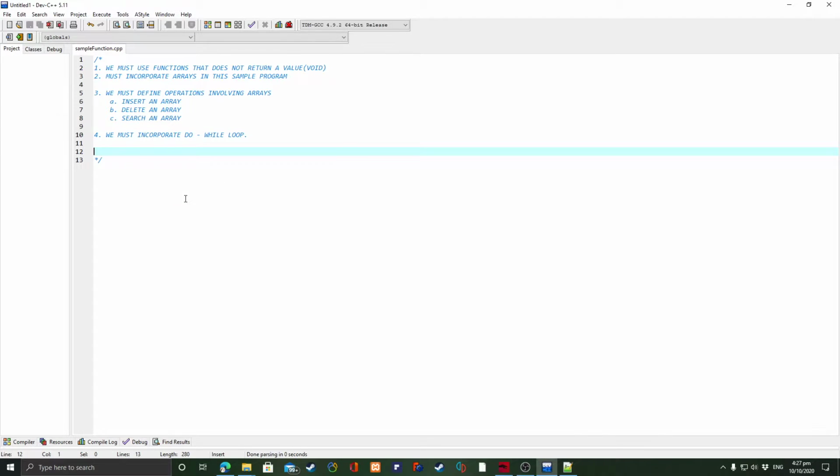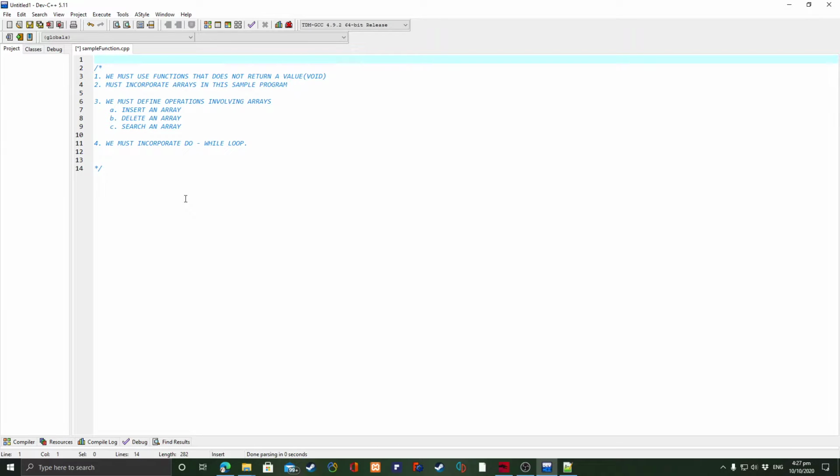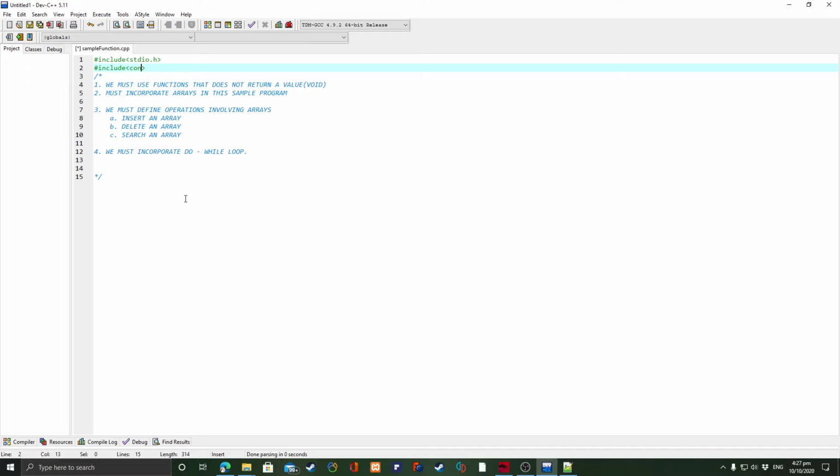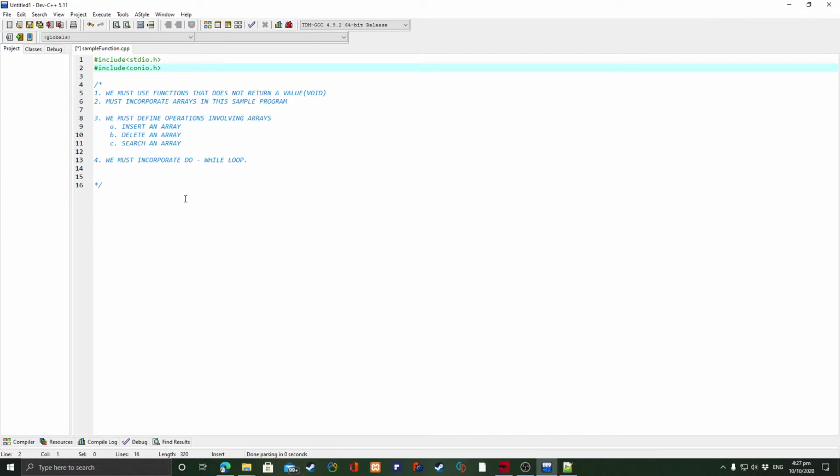So first we need to include this thing. So hash include, syempre basics, stdio.h, hash include conio. So if conio doesn't work on your machine, that's okay. Pwede nyo tanggalin yan. And then first, let's make the function of array insertion. So paano gagawin natin? First, we must declare the void and then the name of the function. So insert array,